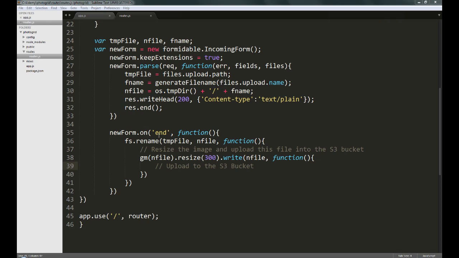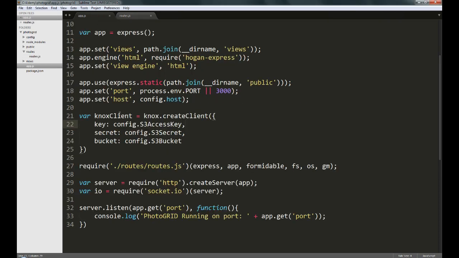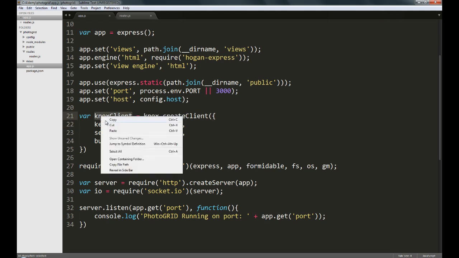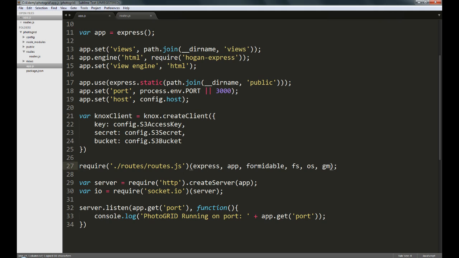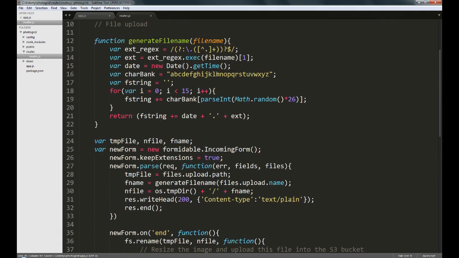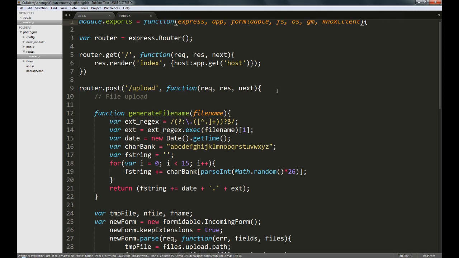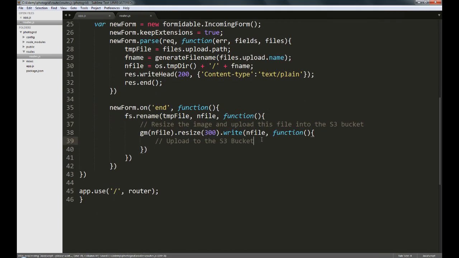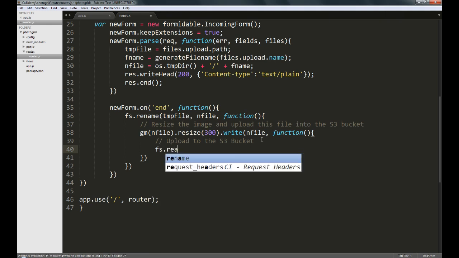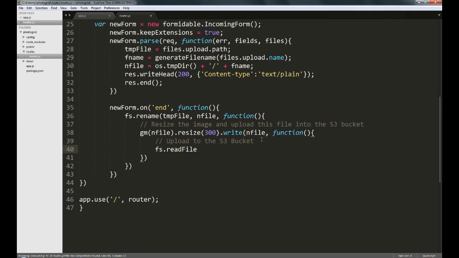To do that, we're going to use our Knox client, which we initialized in one of the earlier videos, and I'm going to provide a reference to this variable to our routes.js like so, and over here let's receive the reference. Now to put the file in the S3 bucket, what you're going to do is first read the file using fs.readFile, and we're going to provide the path, which is essentially newFile,